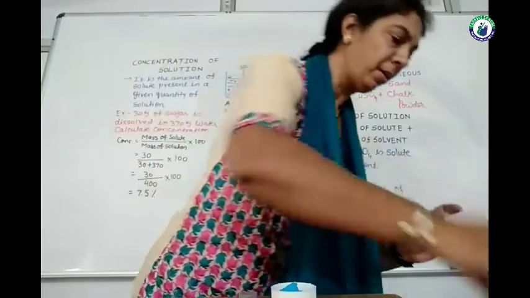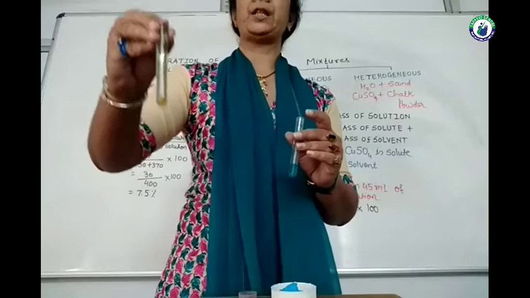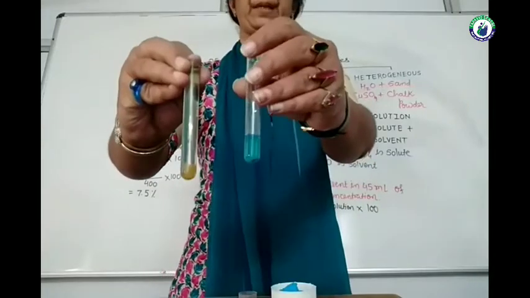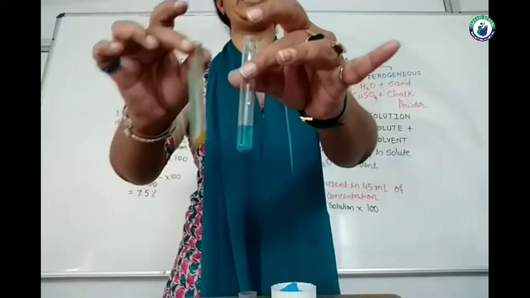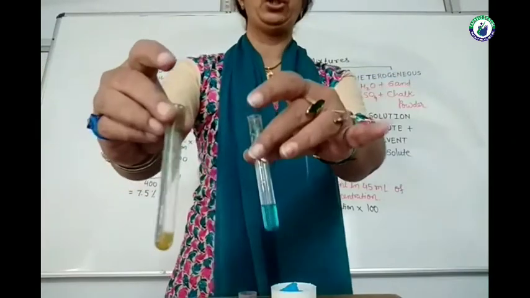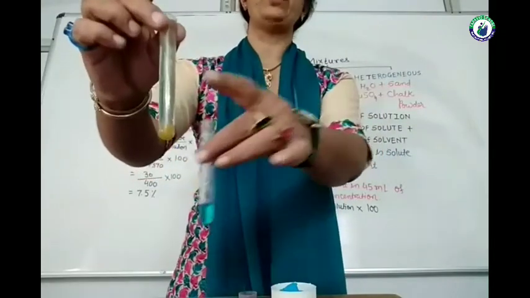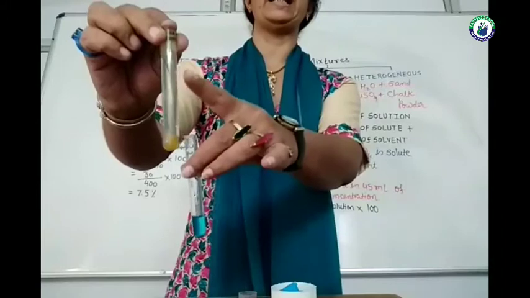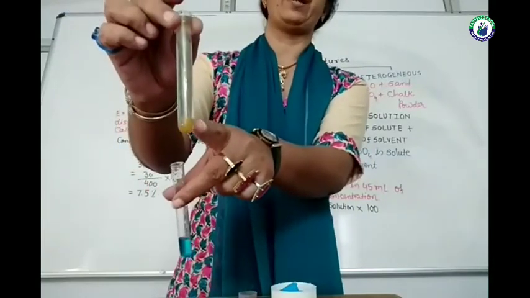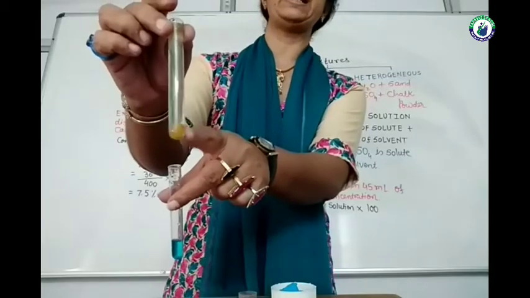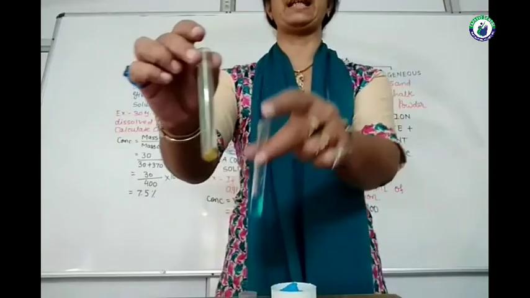I have one more solution. We know that after the displacement reaction, see this same copper sulfate solution, I had kept an iron nail in that for 30 minutes. So the color of the solution is changing from blue to light green. And that light green color is because of the rust, the iron. You can see that just now the rust particles, rust molecules, have settled down.